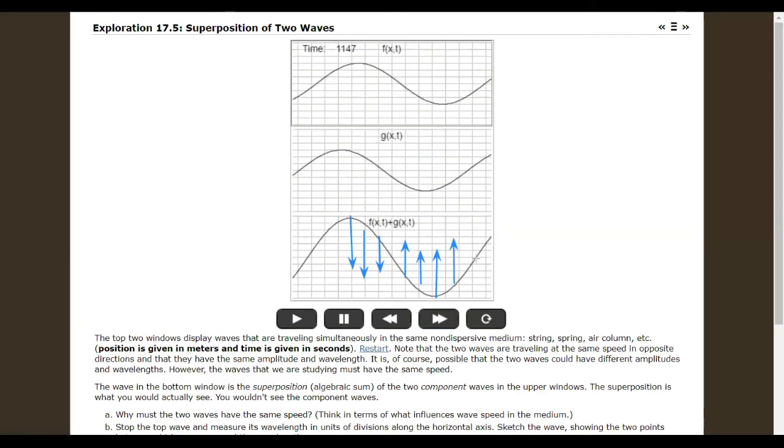So the direction of this particle is also upward. The direction of this particle is also upward. The direction of motion of this particle is upward. The direction of motion of this particle is downward. The direction of motion of this particle is downward. The direction of motion of these particles is downward. So if the particles are in the same loop,